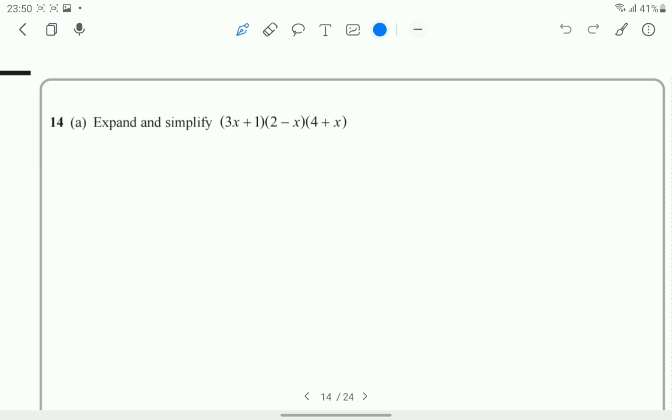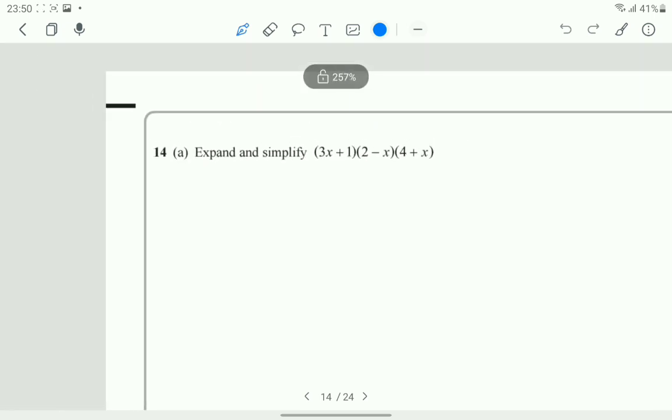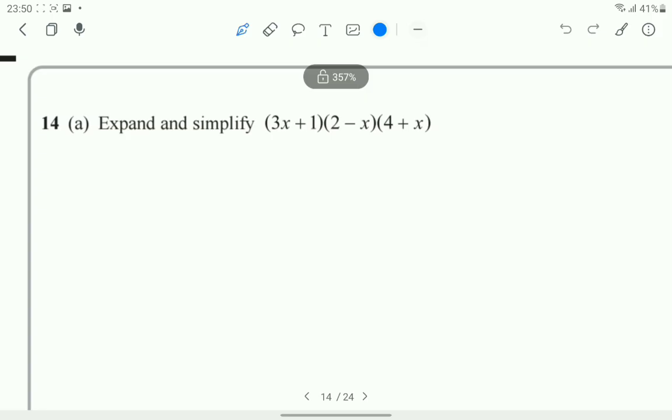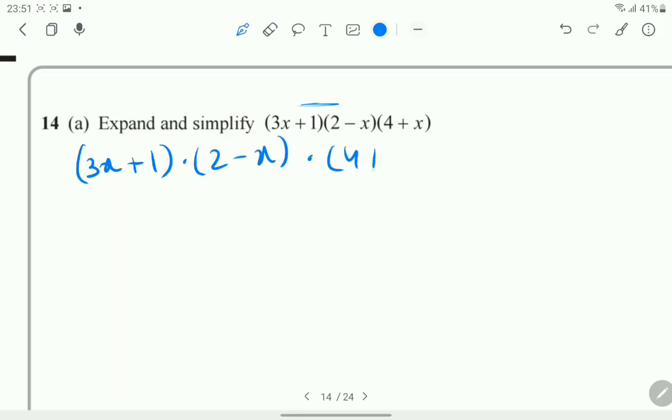Question 14, another no-brainer. Just keep solving with your eyes open and do not mess things up. Let's start with multiplying these two brackets, then we can multiply the product of these two brackets with this bracket just for simplicity. So 3x plus 1 times 2 minus x, I'm gonna just put it here and then ignore it. So 3x into 2 is 6x, 3x in minus x is minus 3x squared, 1 into 2 is 2, and 1 into minus x is minus x,